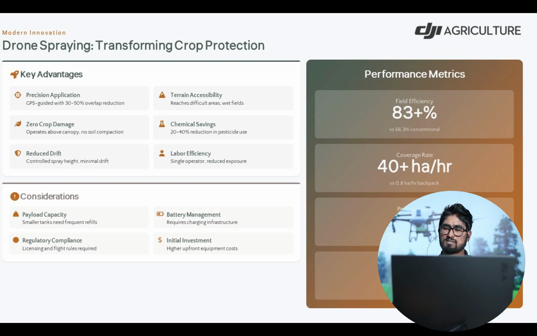Normally conventional spraying can spray nearly 1 hectare within 1 hour. Conventional spraying has a 38% pesticide drift rate, but with drone spraying we can reduce it to 16%. And also we can reduce water usage by drone spraying.